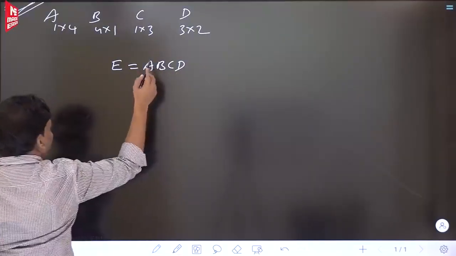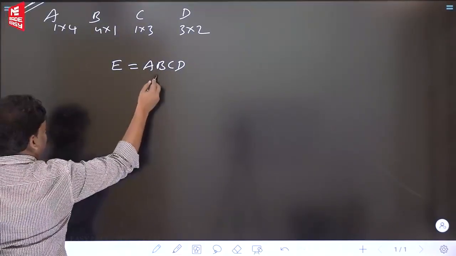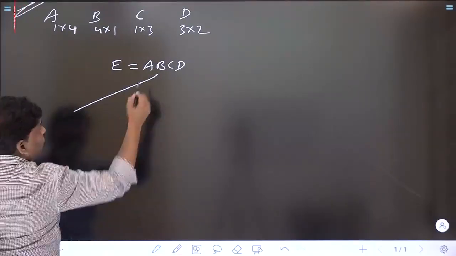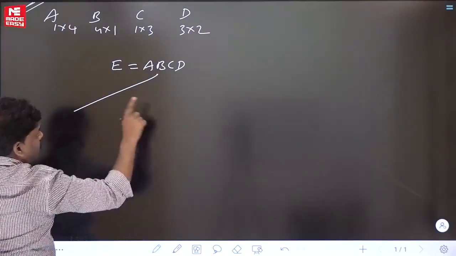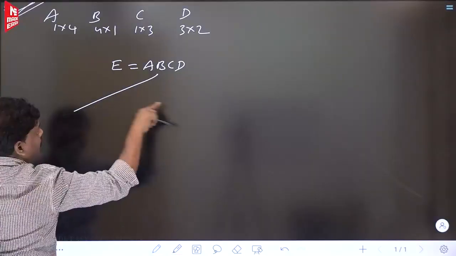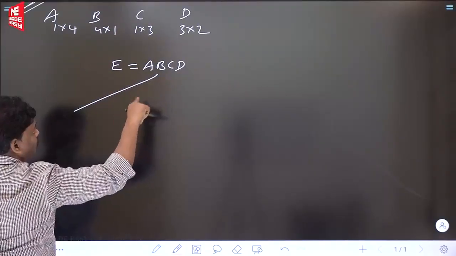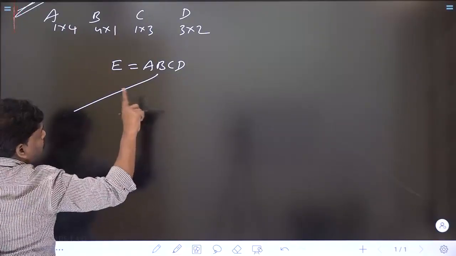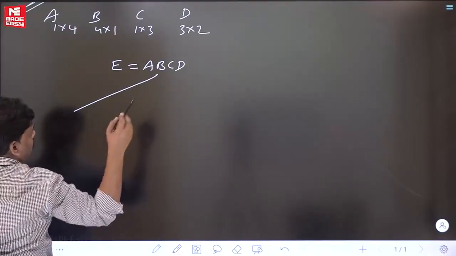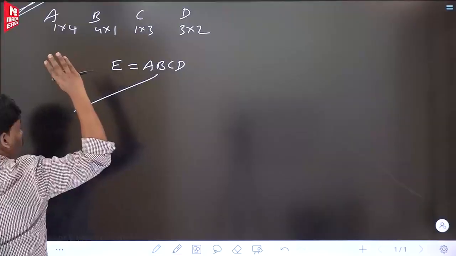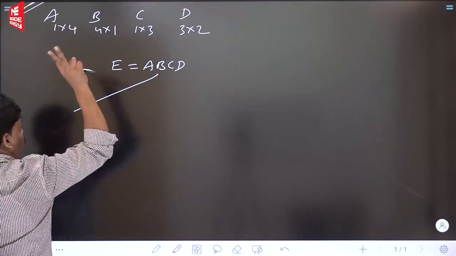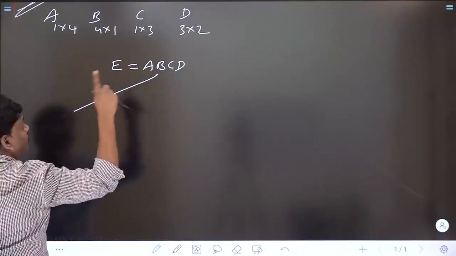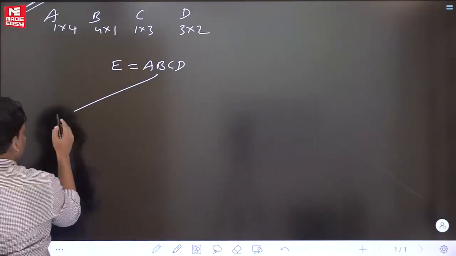So what is your goal now? Divide these 4 matrices into 2 groups. Think about the top level; don't think about the total diagram at a time. The 4 matrices are divided into 2 parts in such a way that no part is empty, the order cannot change, and you cover every possibility. Because of dynamic programming, you have to cover every possibility. Not even one possibility should be left. Every group contains at least one matrix. Let's start. What is the answer?